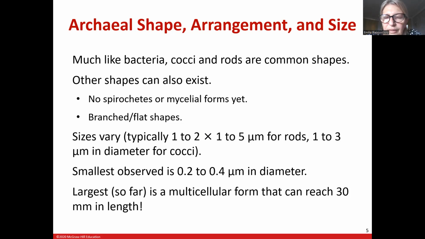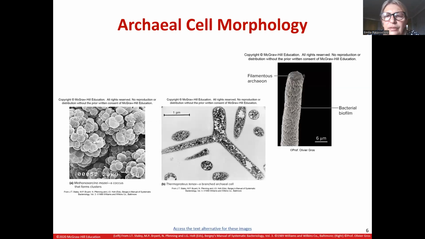And we have been able to isolate a multicellular form of archaea, which is an exception, that can reach 30 millimeters in length, so 3 centimeters. So that's quite big for a microorganism. And here there are some pictures showing you